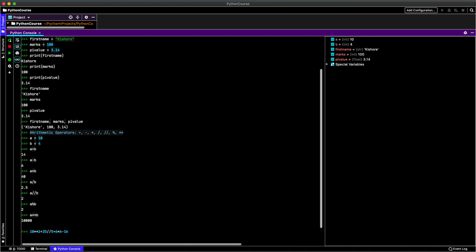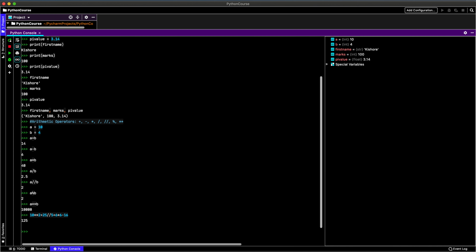So let's hit enter and see what will be the result. Here we got the result as 125. Why is this? We have not done anything wrong in evaluation, but the result is 125 instead of 170. In computer programming, there is an order of performing operations. We call it the BODMAS rule: Brackets, Of, Division, Multiplication, Addition followed by Subtraction, in the order of operator precedence from left to right.